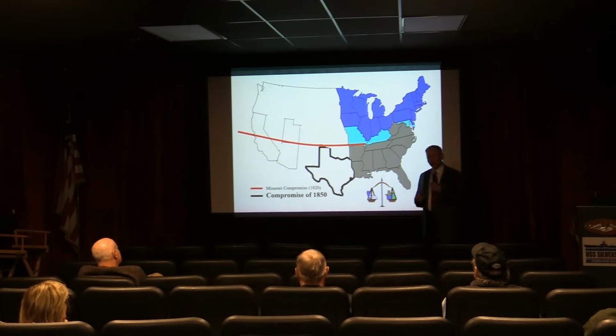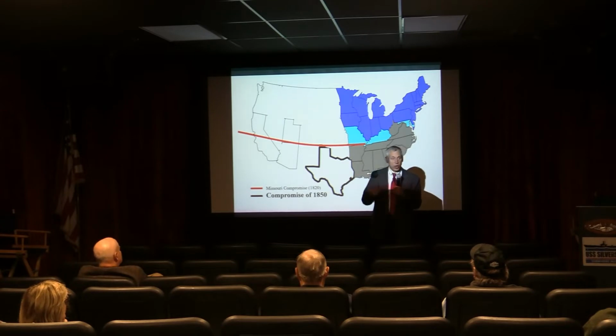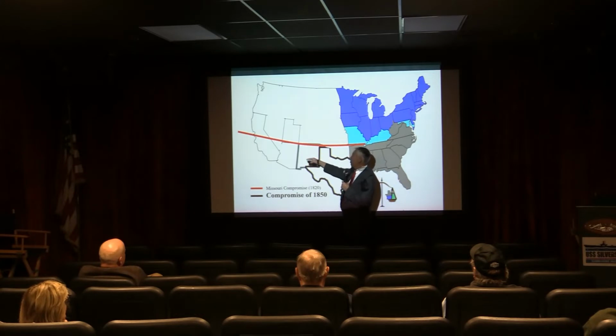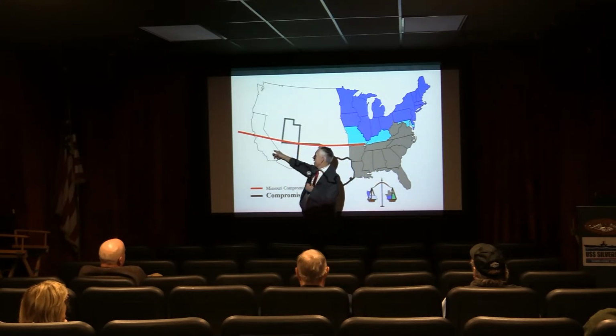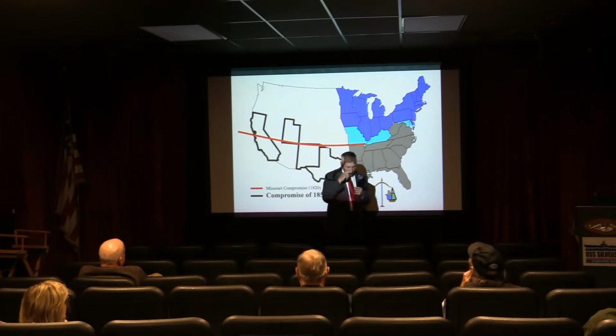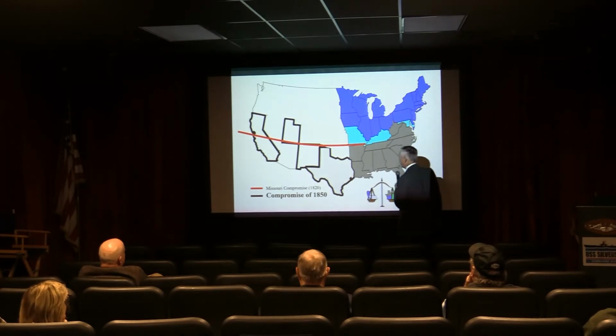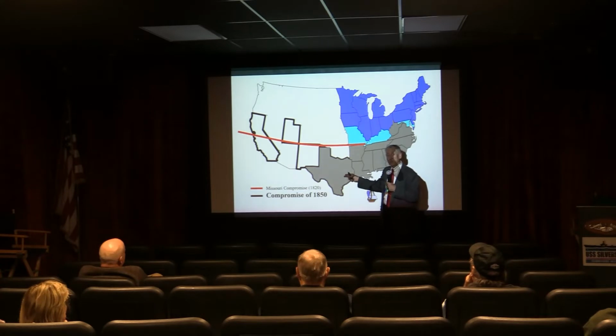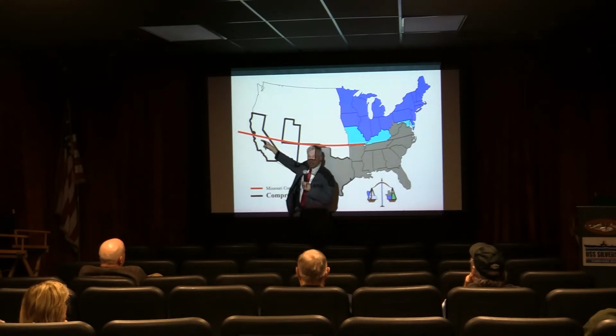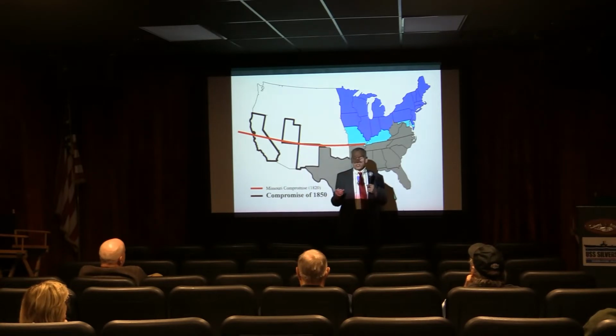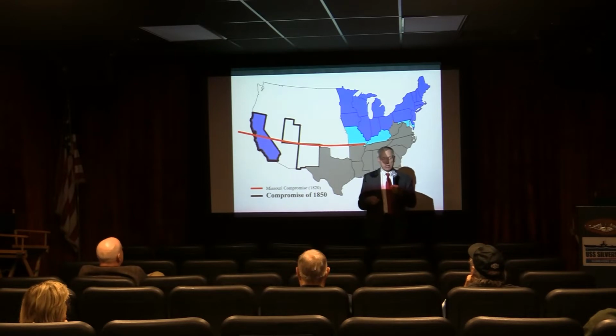A war was fought from 1846 to 1848, American-Mexican. The United States won and gained property. They gained Texas, they gained New Mexico, they gained Utah, and they gained California. Now, Texas was obviously below the Missouri Compromise line, so this was an easy call. Texas would come in as a slave state. Now, California, even though it was bisected by the line, it was occupied by people who did not want slavery, so it came in as a free state.